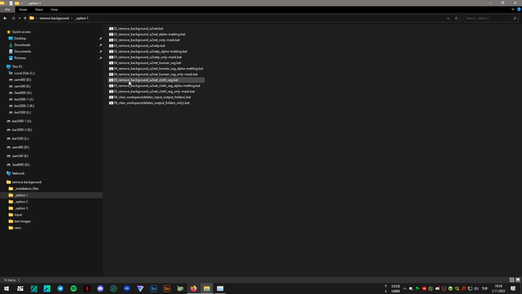And as you can see, it has a cloth model as well. But this cloth model is broken. I mean, the model can be intact, but the results that it's generating are not working properly. So I was a little bit hesitant about including this, but in the end we have that option. Maybe one day the project fixes the problem. Anyway, let's copy these files to the main folder, option 1,